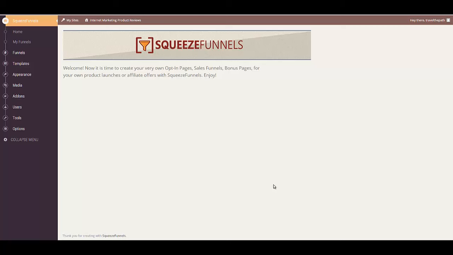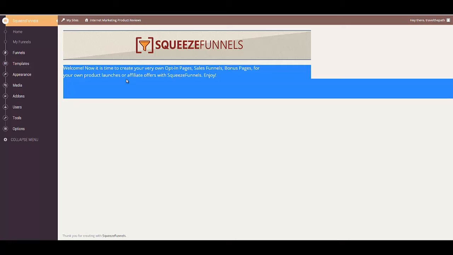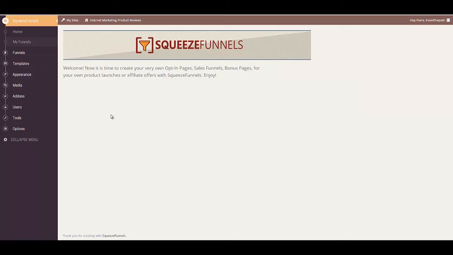And basically what this is, it's WordPress. I mean, this is their own modified WordPress platform. So if you've used WordPress, and I know most of you have, you will have no trouble getting into this because it's the same structure. So what you want to do to begin is go to funnels. What you're going to be doing is creating a funnel. So we're going to add a new funnel,